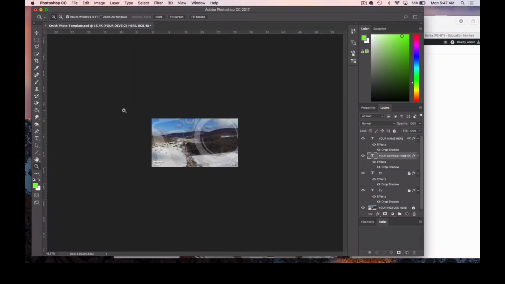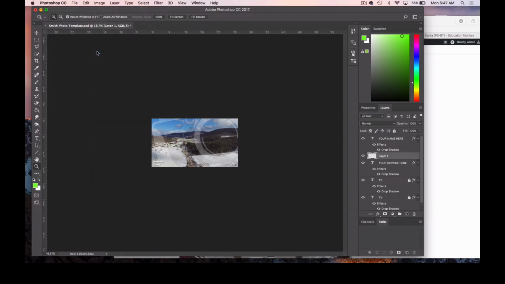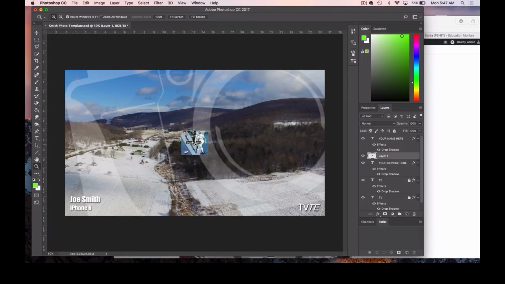I'll come into Photoshop and hit Command V. You could also go to Edit, Paste. That will paste the image into the center of the template. I'll zoom in so you can see it's there. And it's very small. It's worth mentioning here that better results will be seen when we can bring in images